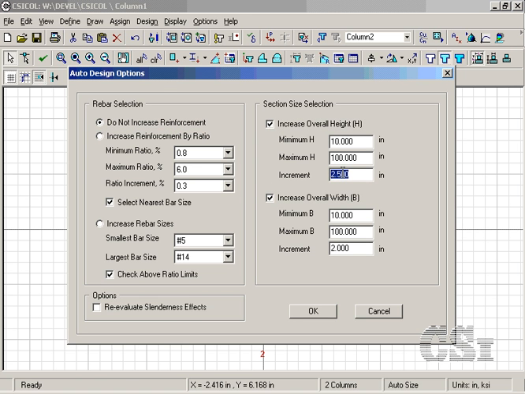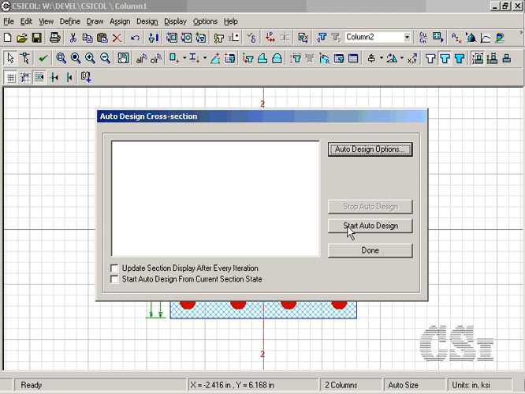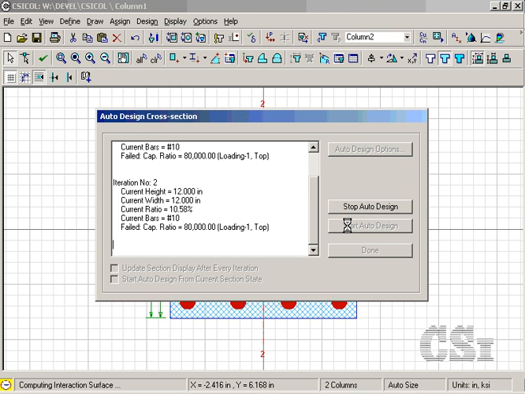As a side note, if both the rebar and column size are chosen to be increased, the program will alter the size of the column only if an adequate design cannot be reached during rebar selection. Start the auto design once more,